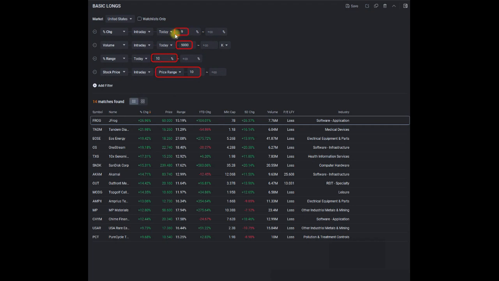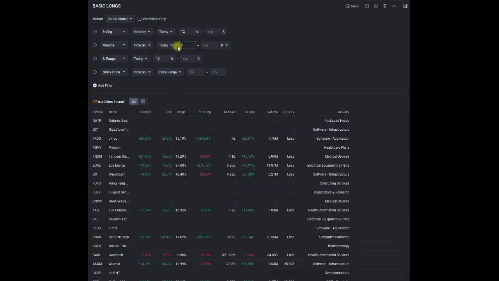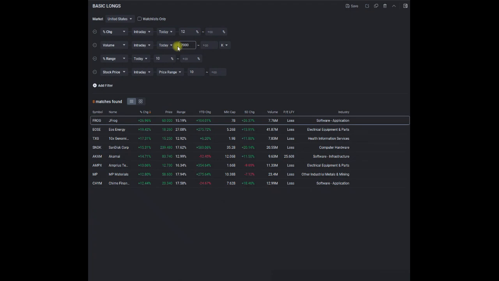Now again, there are 14 matches here on the list. Let's say that it's too much for me. I will increase the percentage change from 9 to, let's say, 12. And you can see I now have only 12 matches. If I increase the volume from 5 million to 7 million, now I have only 8 matches. So again, if I have less time to trade, or my strategy is to take fewer trades for whatever reason,